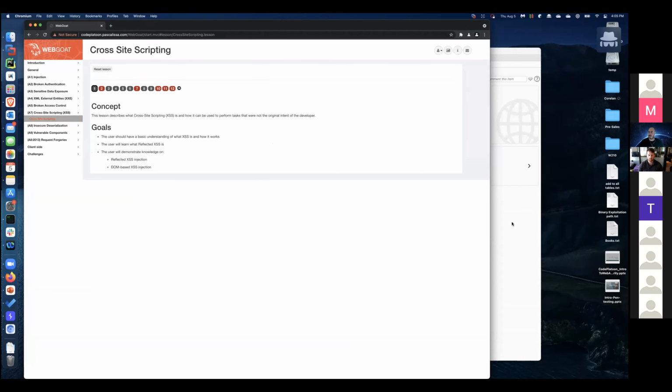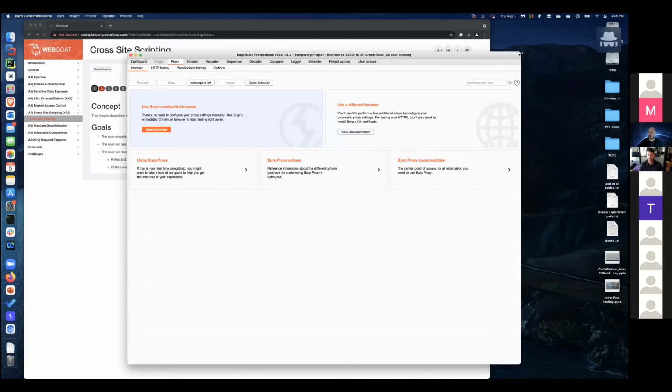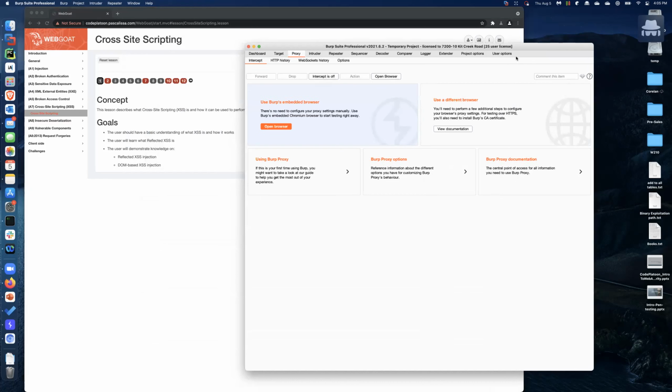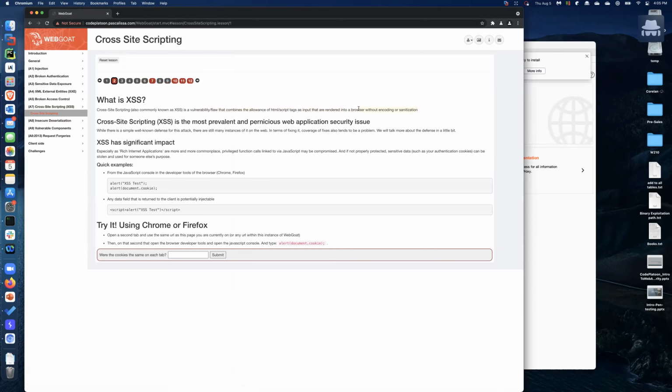I like cross-site scripting. It's like my go-to. It's one of the vulnerabilities I'm very comfortable with, so that's why I chose this one, in case you're wondering. So WebGoat, if you install it, it'll go through the same information we went over. It'll say there's a bunch of stuff we're going to learn about: reflected XSS, DOM XSS. It'll walk you through what cross-site scripting is, why it has significance, examples, and some of the